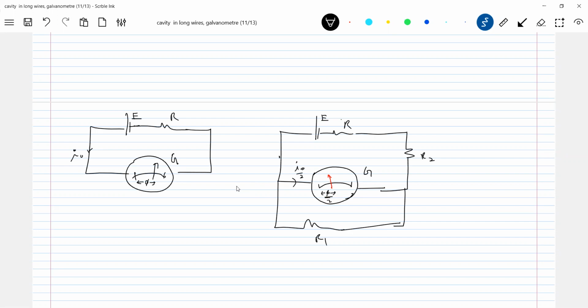So don't just stick to that formula. I'll give some relation between R1 and R2. Then from this circuit you'll get one relationship between R1 and R2, and one relationship will be given in the question, how much R1 is in terms of R2. Solve those two and you'll get the values of R1 and R2. Then from that, you can calculate the value of G. Not only here, I can introduce many ratios, but what I discussed earlier is a more simplified form than this one.